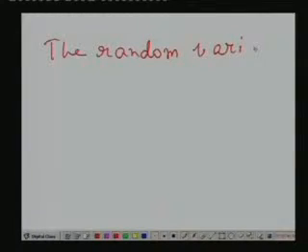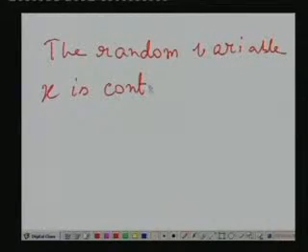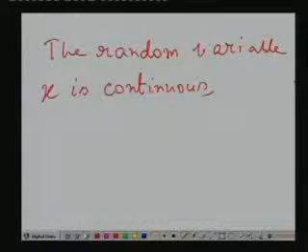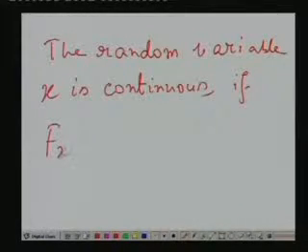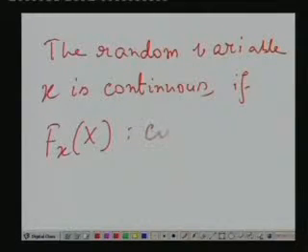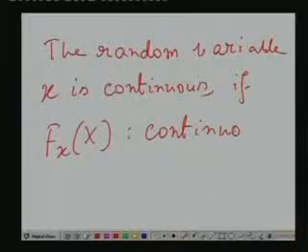If it is continuous, in that case we will say that the random variable itself is continuous, that is if the corresponding probability distribution function is continuous. Now, if it is continuous, then it means,